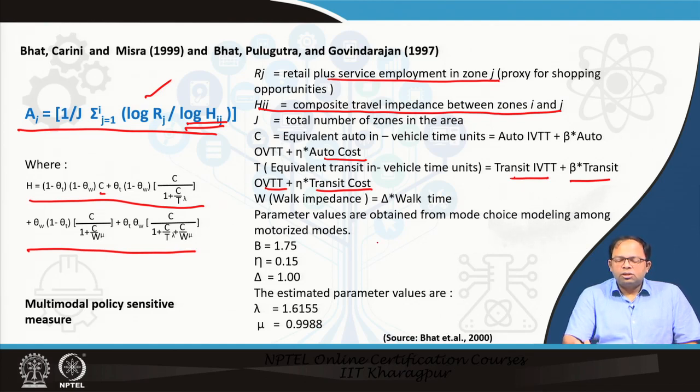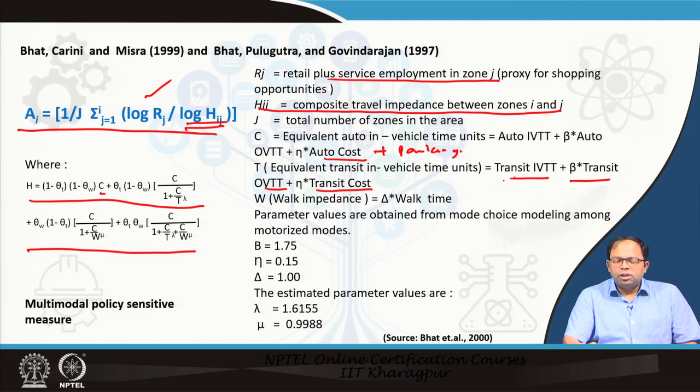Now the reason so many variables have been introduced is that whenever in a city you want to change something, that means you introduce a policy, for example that parking would be costly, what effect would it have? When we increase parking cost, it will reduce accessibility, because for the total cost for car we can have another cost which is parking. So over here we can say the equivalent cost of auto will increase by adding another variable to it, which is the parking cost, and then we can say that when parking cost is increased, it will have an effect on the accessibility for that particular zone.